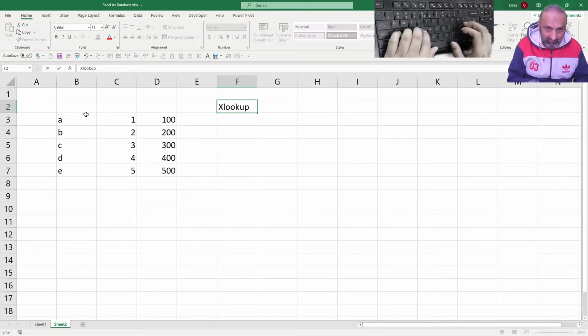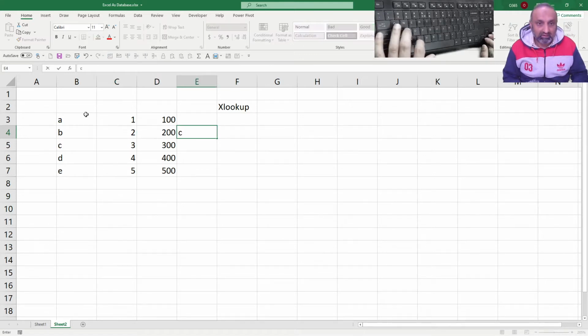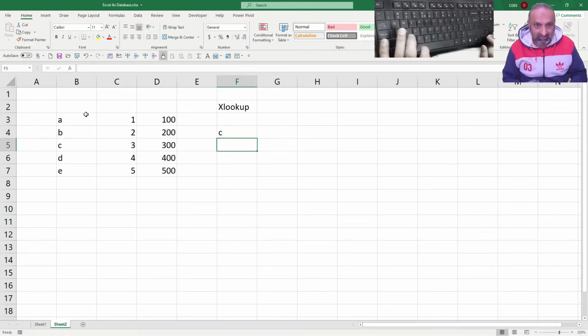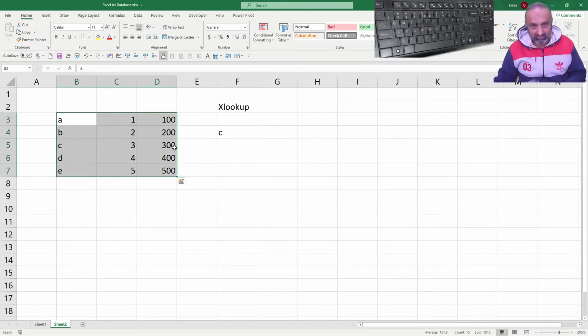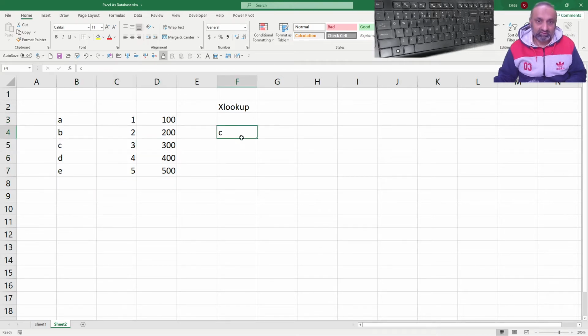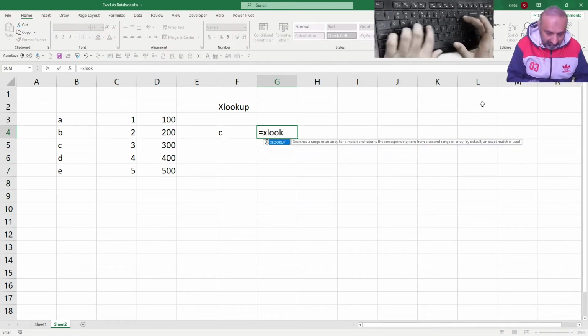This is the new function in Excel, that is XLOOKUP. So if I want to find C in this range, and I want the result from the third column, which has 300, I will say equal to XLOOKUP.